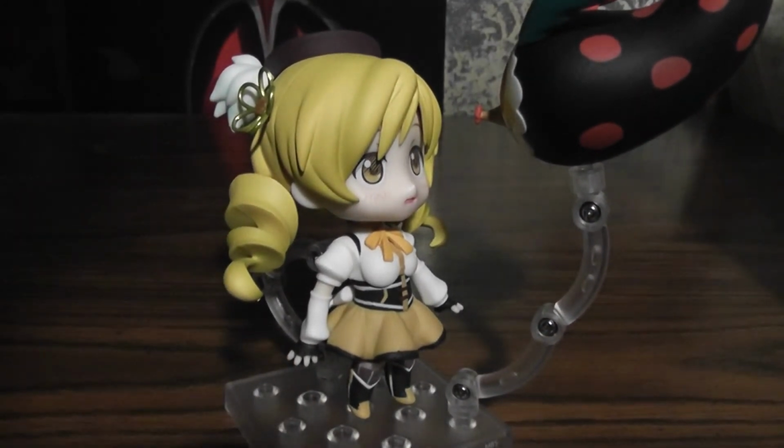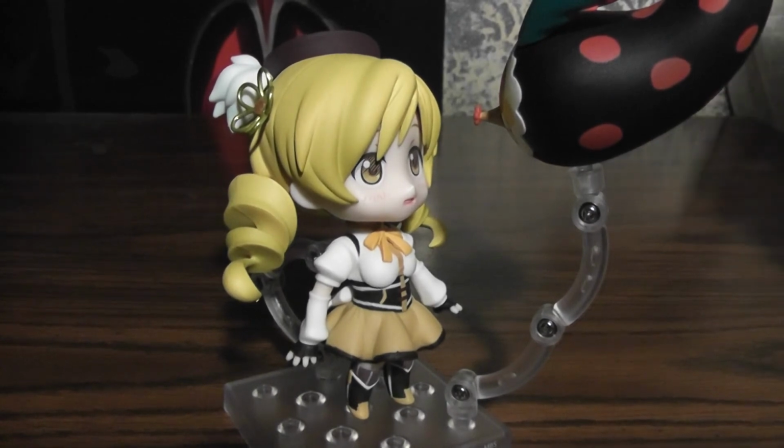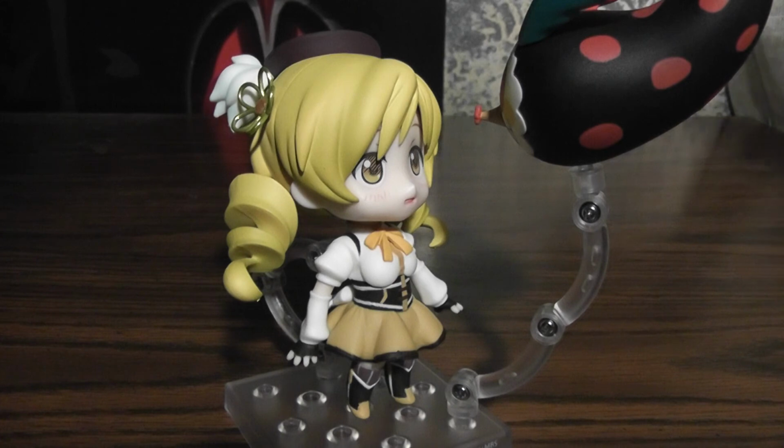But in any case, it's a fantastic Nendoroid, and you should buy it whether you even care about this series or not. It doesn't really matter. I mean, I pre-ordered it before I even watched the series, so...